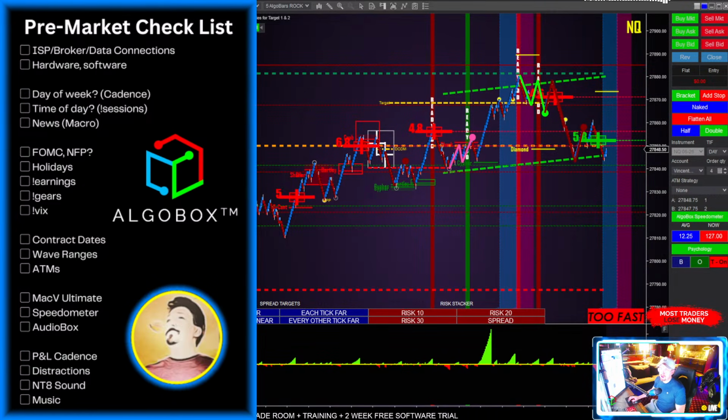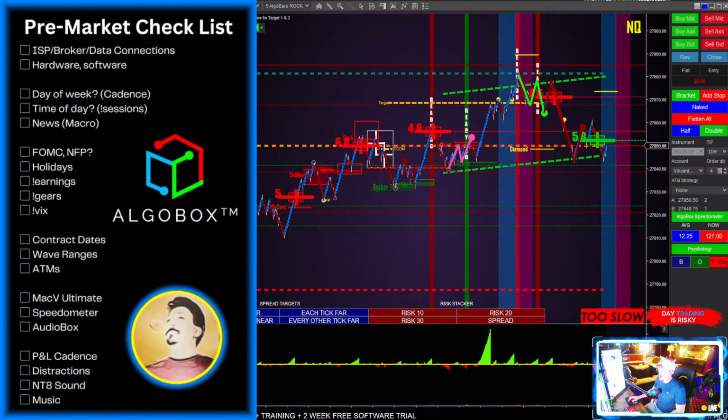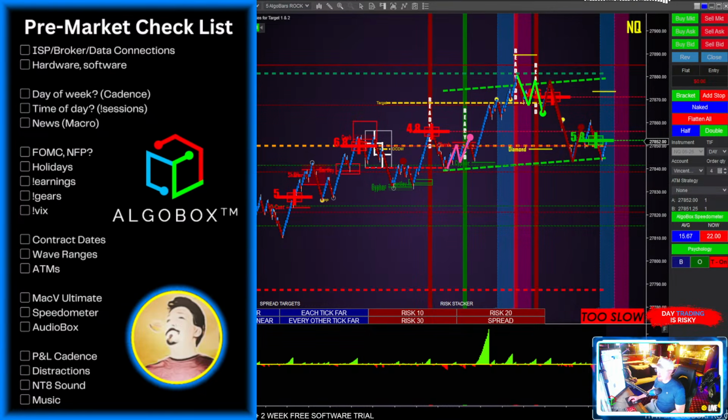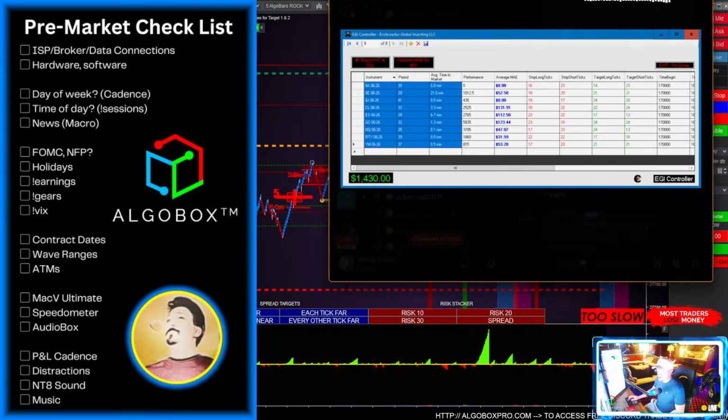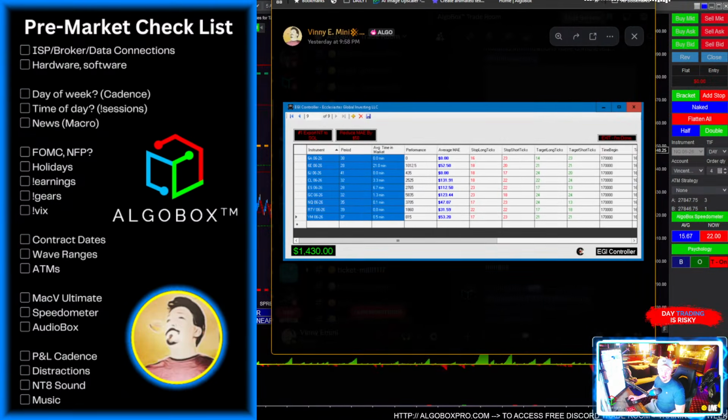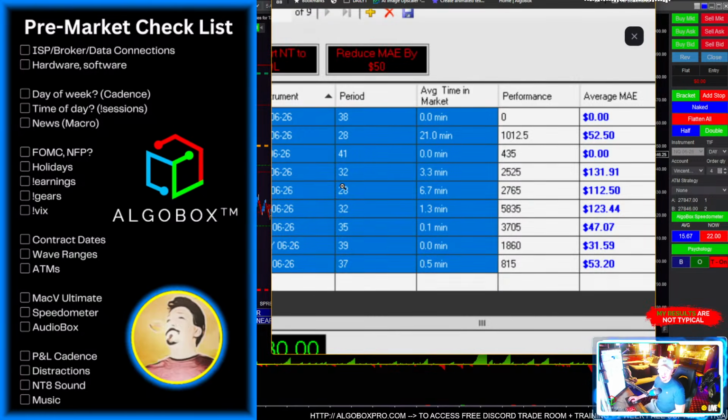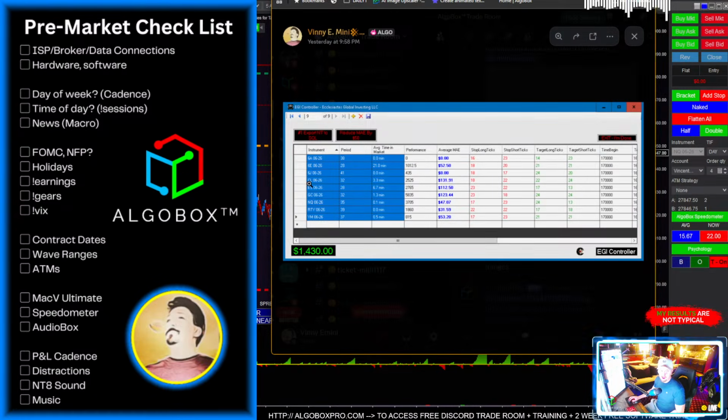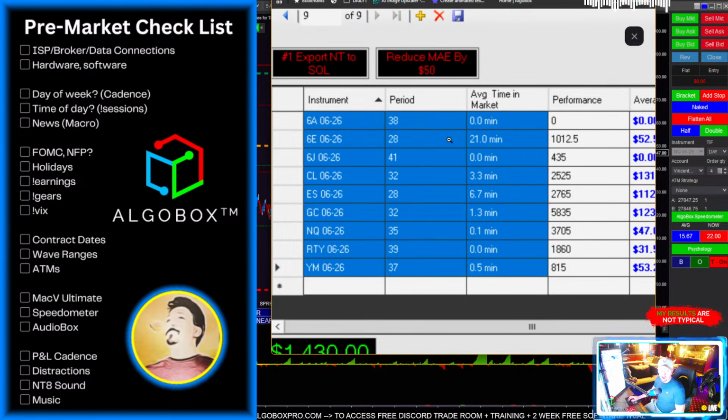For your wave ranges, if you are on another instrument, make sure you open up the premium chat and pull up that grid. And I'm going to bring that over here to show what that looks like. So it's Mentorship Monday. So each Monday you want to be looking for this, or on Sunday night if you're going to play the Open Sunday evening. And we want to focus on this column right here. This is the period column here.